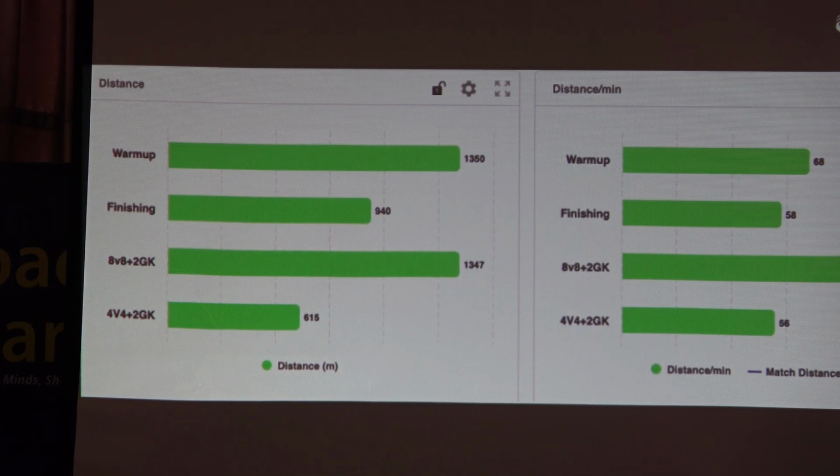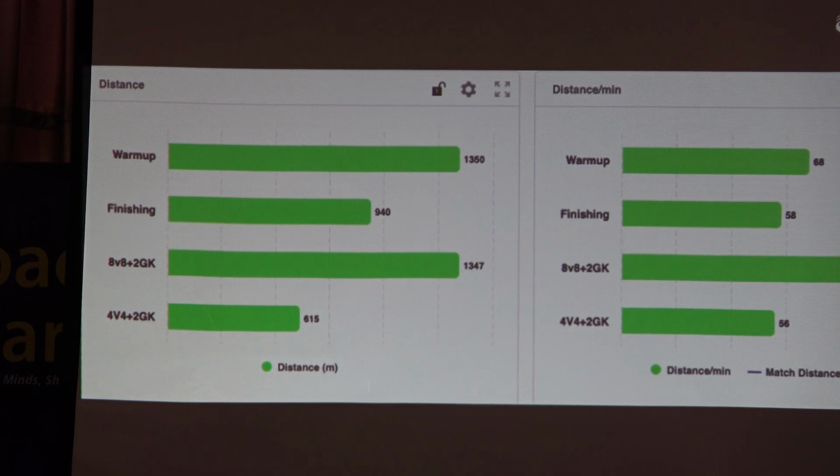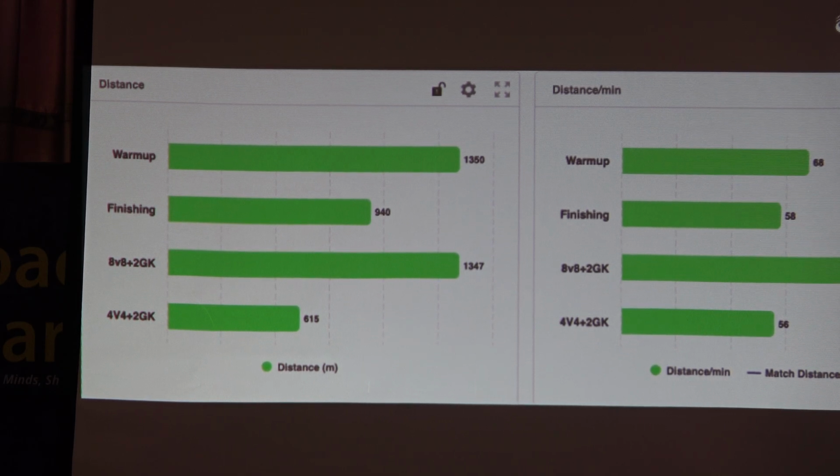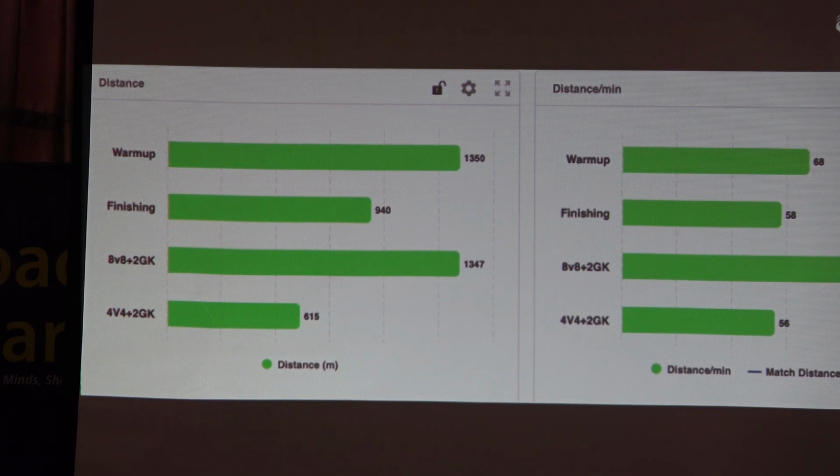data. There are two things we look at: number one is volume, which is the amount, and the other is intensity. So here when we look at the data, it's always on the left is the volume of each